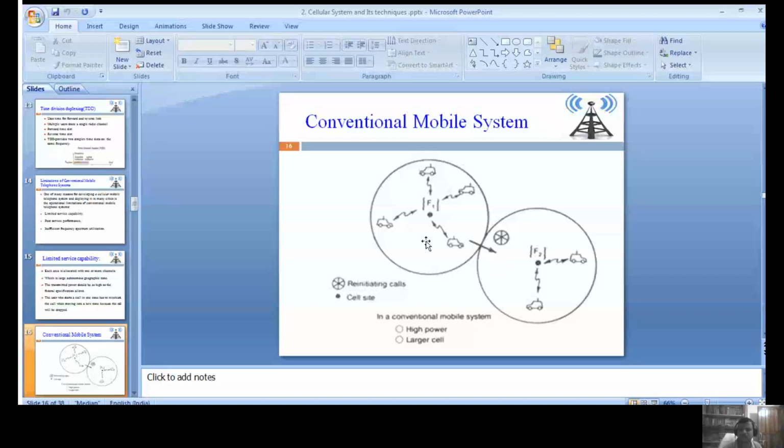In MJ, suppose the frequency is equal to 150 megahertz. MK is 450 megahertz. Suppose channels are allocated to MJ: total 33 channels, and out of 33, only 6 channels are allocated to MJ. The other next 6 are allocated to MK. Not all 33 channels are allocated to one cell phone tower; some part of the channels are allocated to each.